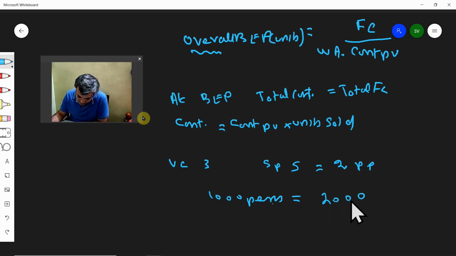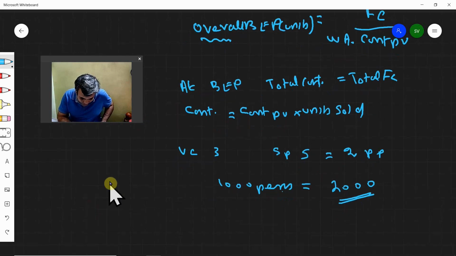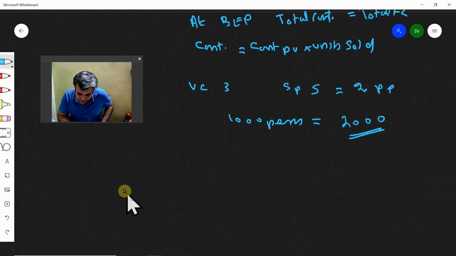So this is from my product line pen. Same way I may be selling paper, I may be selling pencils, I may be selling erasers, so what not. So all these contributions added together should recover my FC. That is my ultimate goal, to find out BEP. If I want to find out my BEP, all this put together must recover my FC. Now you are able to visualize what I am saying, right?